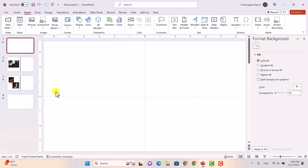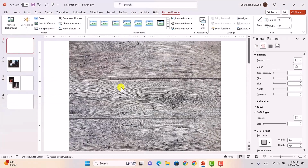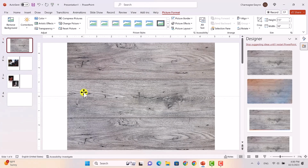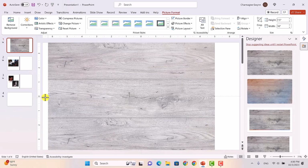Now what I did is I went out to Pixabay and looked for pictures of covers of books and pictures of a table kind of a thing for the book to sit on. And then I stored them in there. So now I have this selected, and all I'm going to need to do is to insert the picture. So I'll go up here and insert the picture, and it's on this device. And here's my gray tabletop. I don't really know if that's a gray tabletop. It just looked like one on Pixabay, so I decided I was going to use that one. And look, if you want to redesign it, you can do that. But I didn't think about doing that, so...